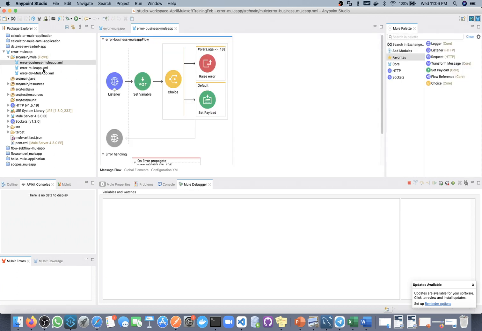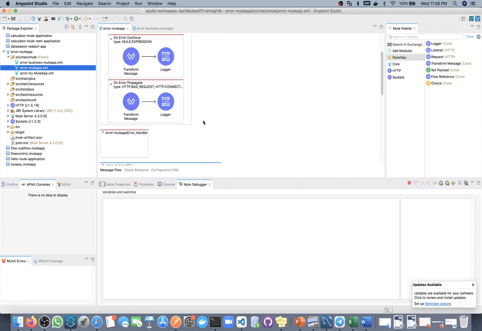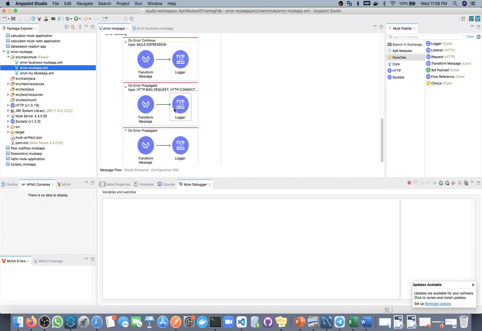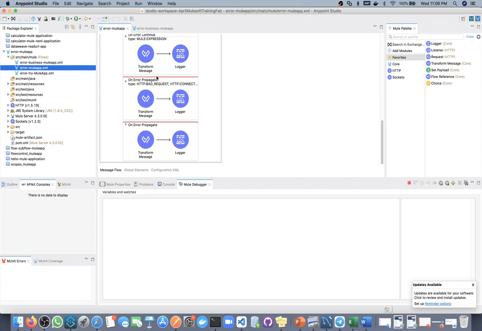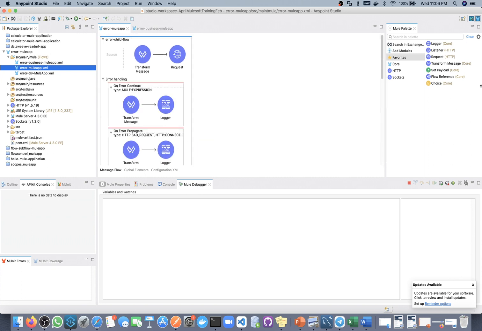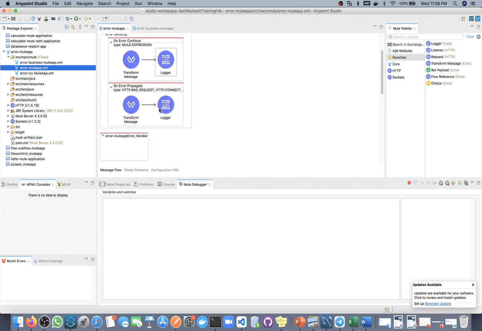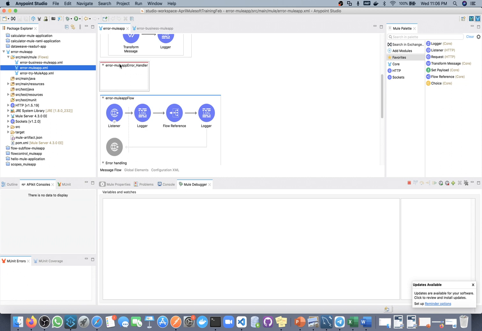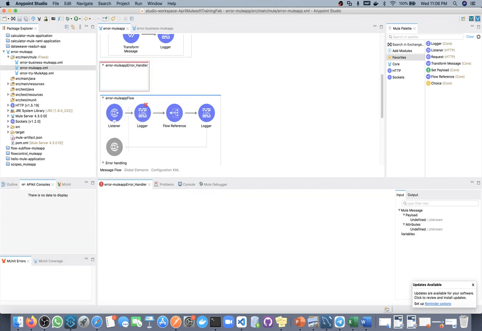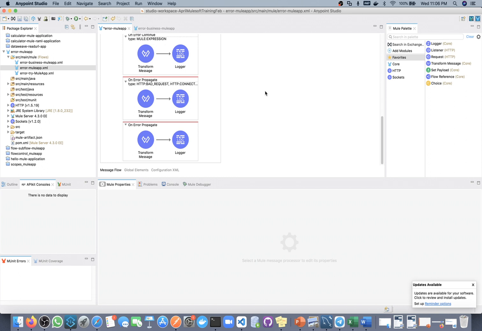Yeah, better. Now what I want, instead of defining this error handler in multiple places, let me delete this one. I want to configure one global error handler, and wherever I want I will use that.